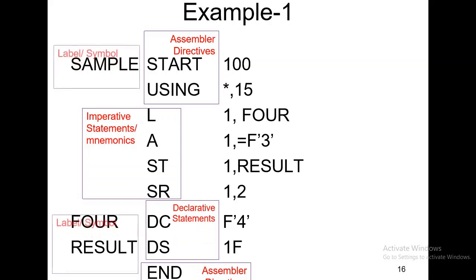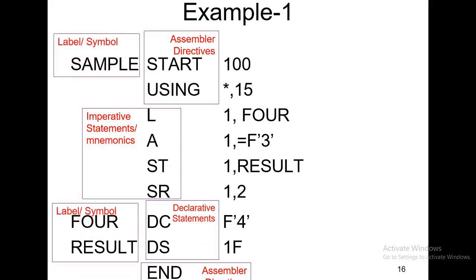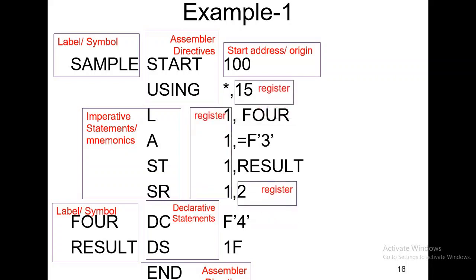Now see, in this sample, FOR and RESULT are on the left hand side of the symbol. This is also known as a label. And here 100 is nothing but the start address or origin of a program, from which location the memory gives location for the execution of the program. If nothing is given, in that case you can start execution from the 0th location. After that, star is given. What is the meaning of star? Star is nothing but current address.